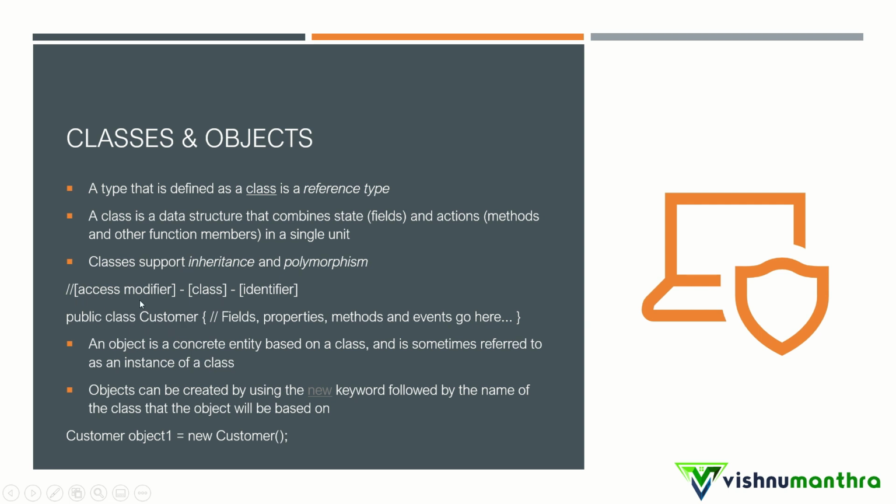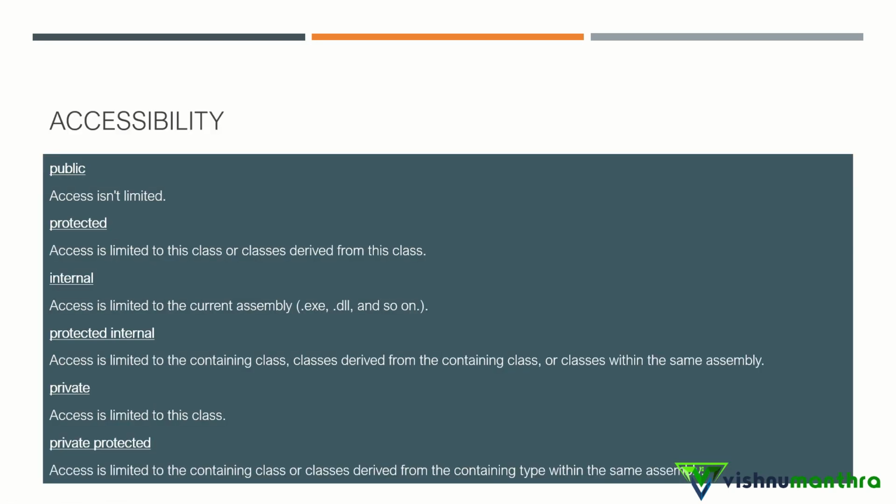In order to understand more about access modifiers, we'll go to the next slide. Here I have listed different access modifiers: public, protected, internal, private, and private protected. Each one of them, if we add it before a class, gives different accessibility. Public means access is not limited; it can be accessed by any other class. Protected means access is limited to the particular class and the classes derived from it, so any class inheriting from this class will also get the methods of that class. Another one I would like to highlight is private. Private means access is limited to that particular class alone. The rest you can read and understand.